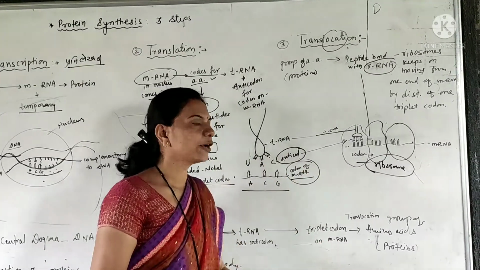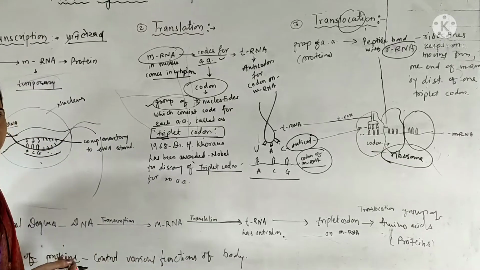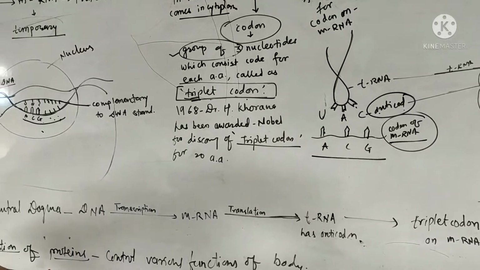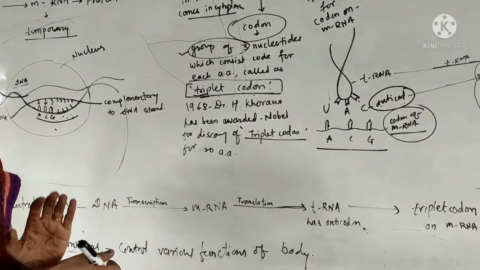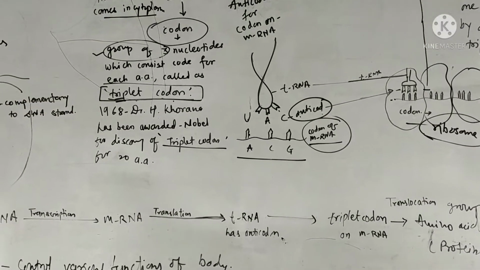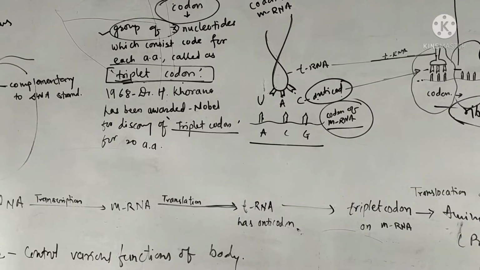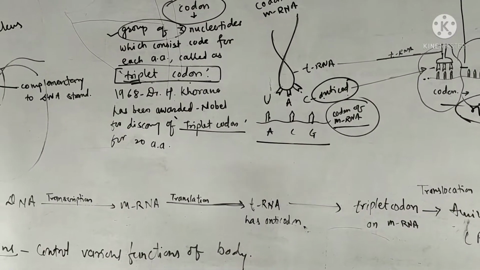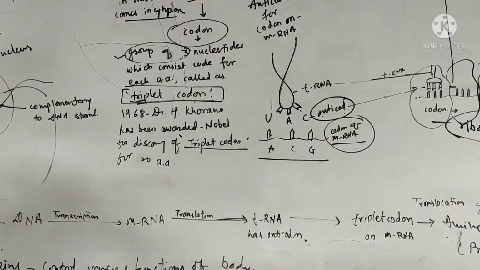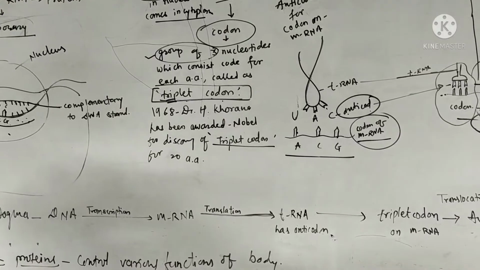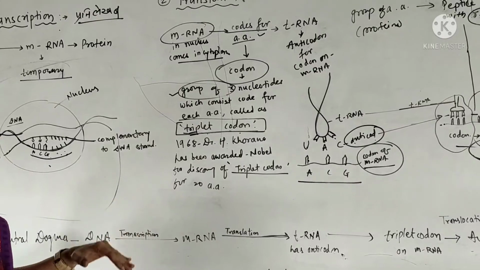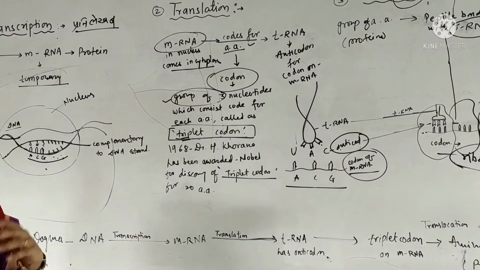Now, there is one last point, that is the function of proteins. Why are these complex proteins important in our body? Because these proteins control the various functions of our body, and they are also very important in the appearance of the living organism. Means you can write the function of complex protein: these proteins control the various functions in the body of a living organism and also their appearance. So this is about protein synthesis in the living organism.